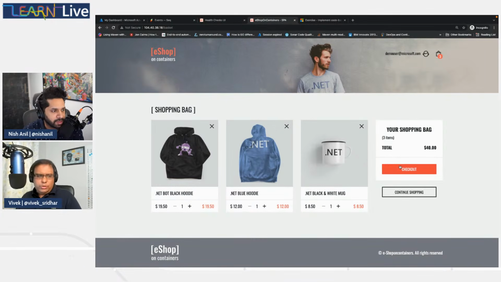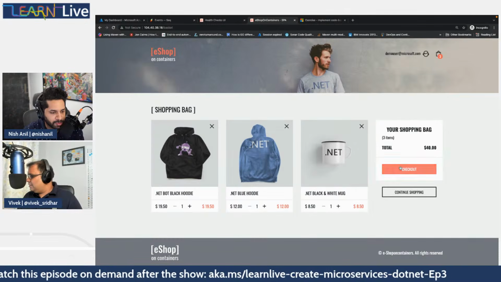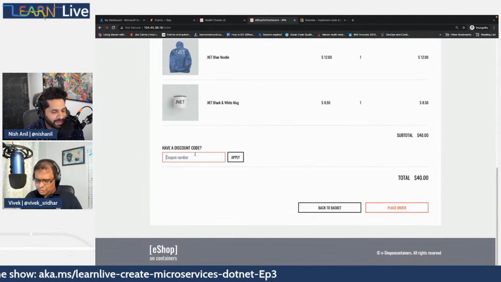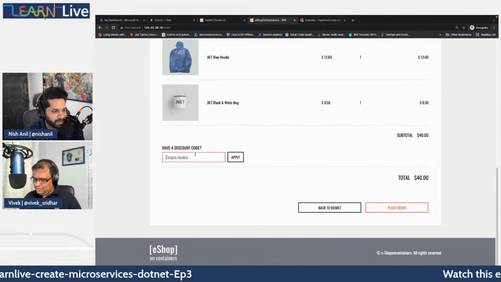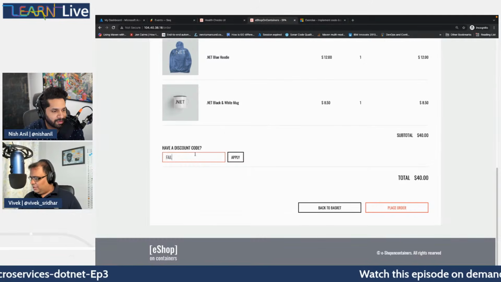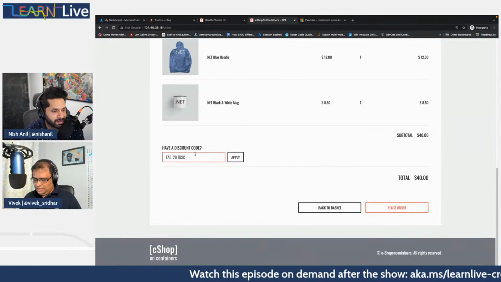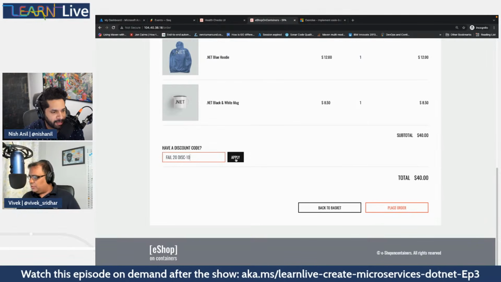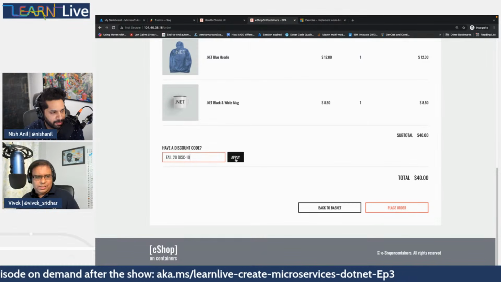Cool. Do you want to see the circuit breaker? So what do we need to do to get a circuit breaker working? Go to the checkout and do what, Nish? Like what should I do? Just configure maybe 20 or something like that. Fail 20, yes, and this hyphen 10. Yeah, so basically, what we're trying to do is apply. We're going to induce 20